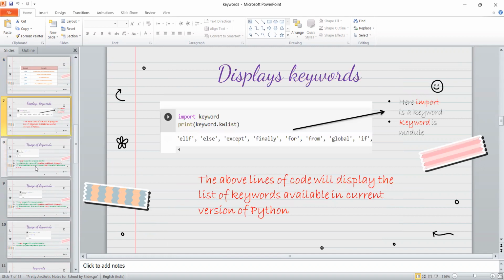It is difficult for anyone to remember the keywords in programming languages. So in Python, there is a possibility to find out the keywords available in that particular version of Python programming, simply by writing 2 lines of code. See here, for displaying the keywords, we can simply import